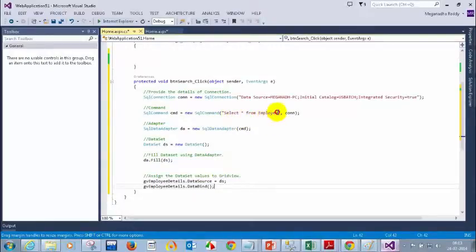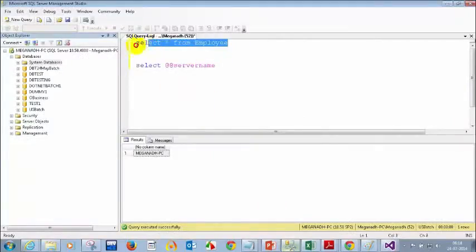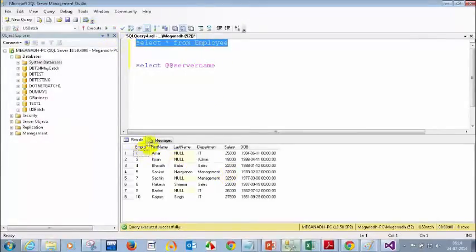Select star from employee, where, what is the column name here for employee ID? The column name we have for employee ID is EMP ID.